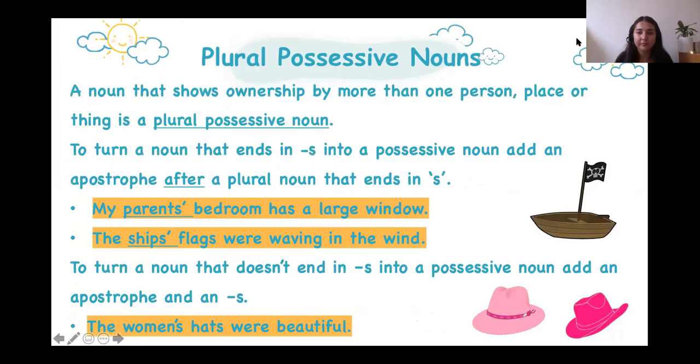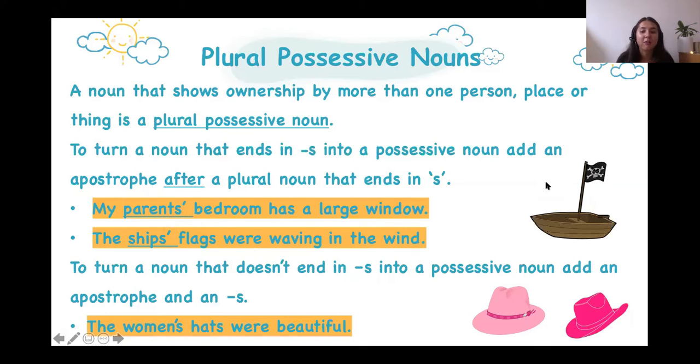Let's have a look. Okay, a noun that shows ownership by more than one person, place, or thing is a plural possessive noun. To turn a noun that ends in S into a possessive noun, add an apostrophe after a plural noun that ends in S. For example, my parents' bedroom has a large window. Here, because we're talking about 2 parents, we have to add the apostrophe after the S. Here, the ships' flags were waving in the wind. Because we're talking about more than one ship and it ends in S, we must add the apostrophe after the